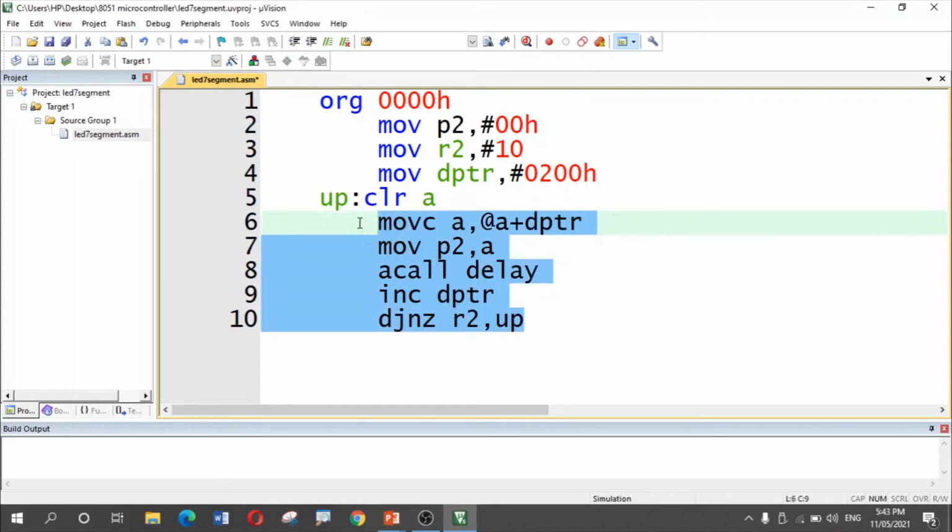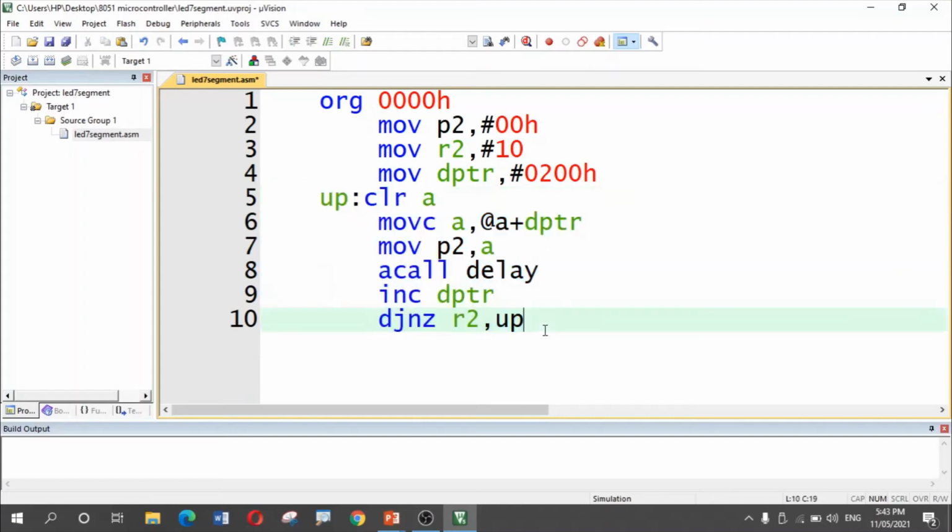So this whole loop will get executed 10 times for 10 different numbers. And once all the numbers from 0 to 9 are displayed, the condition will become false. It will not go to the up level. Instead, it will go to the next instruction. And what we have to do? We have to repeat the same procedure one more time. So what I will write?